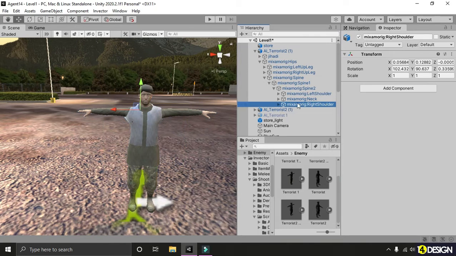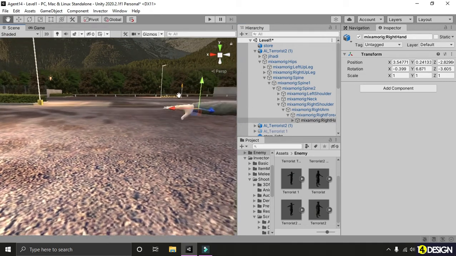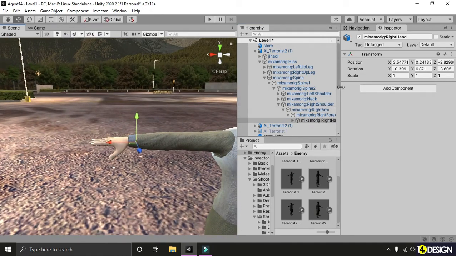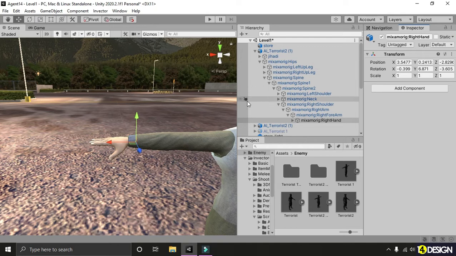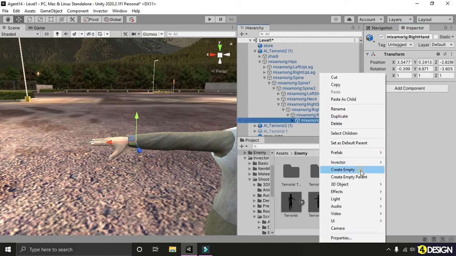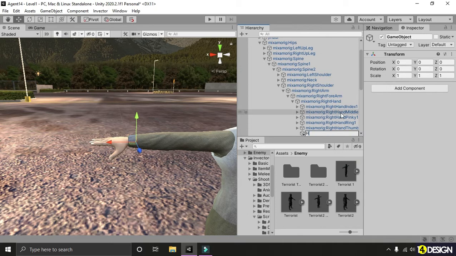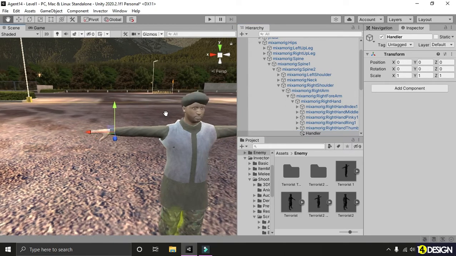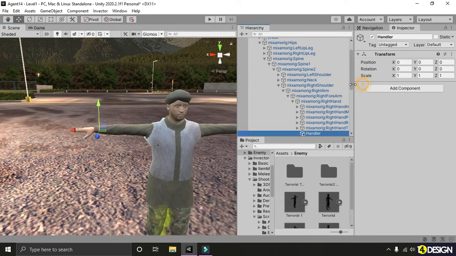Click on the right hand bone. I have rigged my character from Mixamo, so my bone is Mixamo right hand. Now click on the right hand and create an empty object and name it handler. Okay, now it's all done, and make sure the transforms are zeroed out.